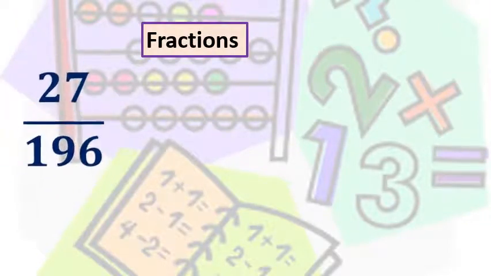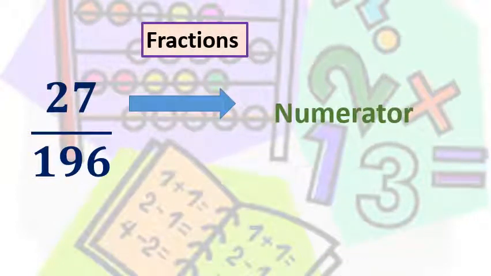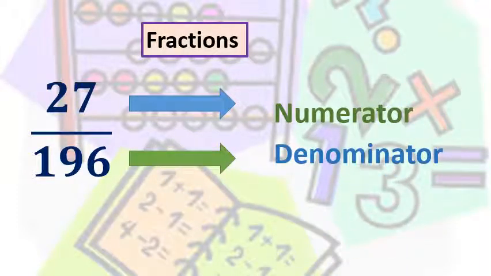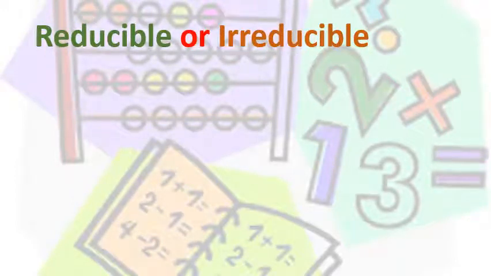Fractions. This is a fraction, 27 out of 196, or 27 over 196. The number above, which is 27, we call the numerator. The one below, we call the denominator. So numerator and denominator. Now let's review reducible and irreducible. To remind you, reducible fractions are fractions that we can simplify, while irreducible fractions are fractions that we